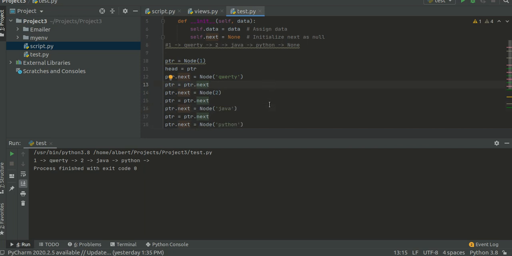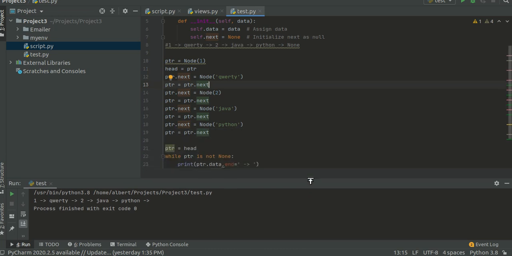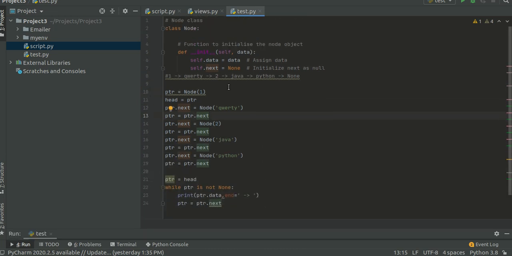That also we can do. In place of data we can put anything. But the major concept is using this next variable, this next equal to None. This is the most important thing for designing a linked list.